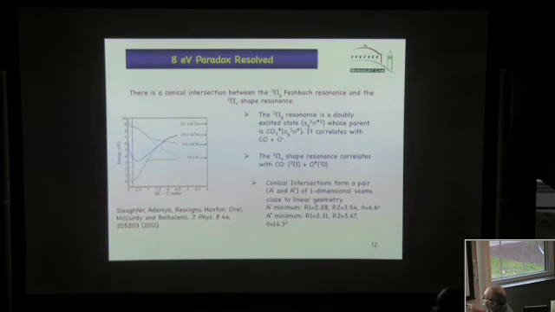If you track the shape resonance to its asymptotic limit, you in fact produce CO minus, which is an unbound shape resonance, plus excited oxygen in the singlet D state. But the Feshbach resonance, on the other hand, dissociates to ground state products, CO plus O minus. So there's that conical intersection. And the fact that that conical intersection occurs at stretch distances, and it's also slightly bent.